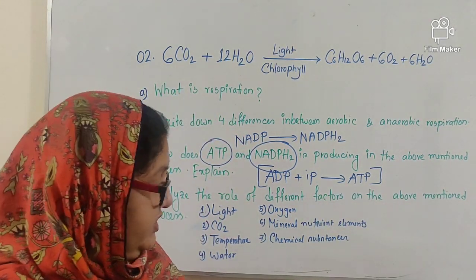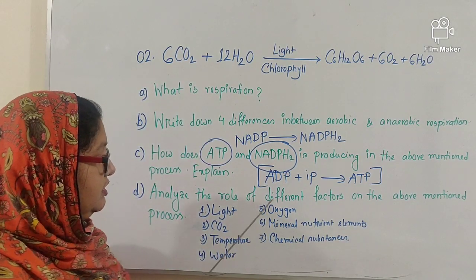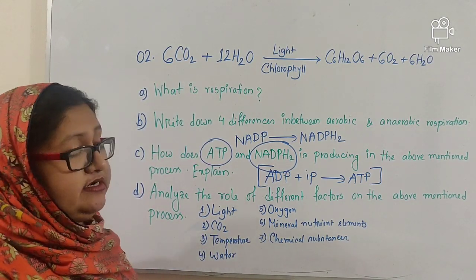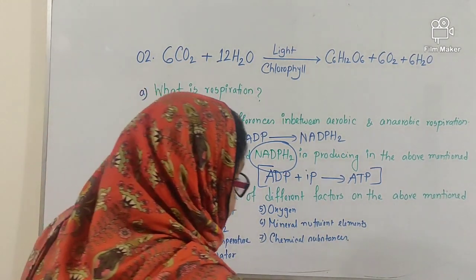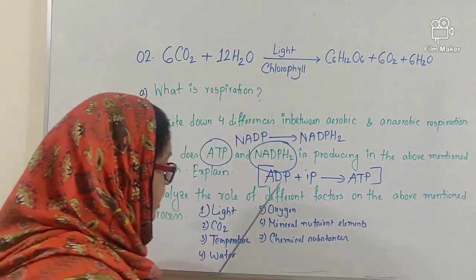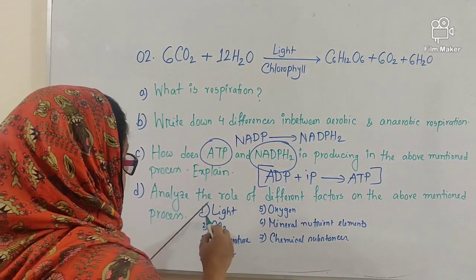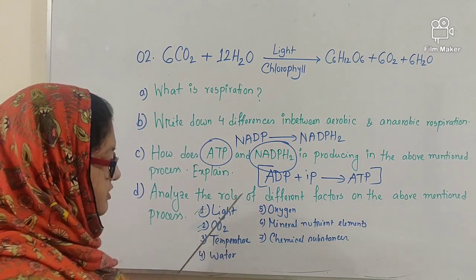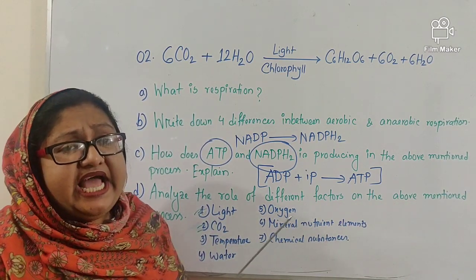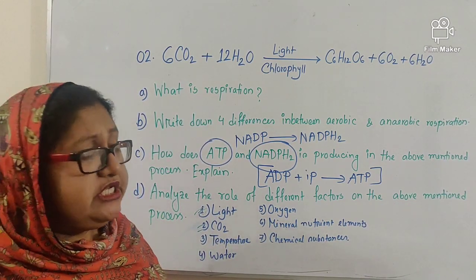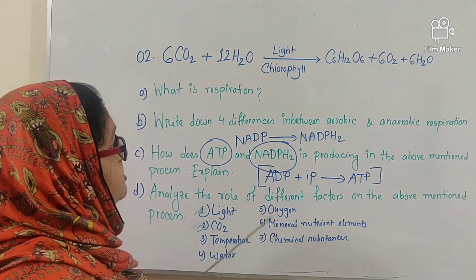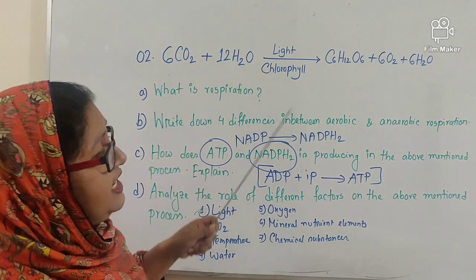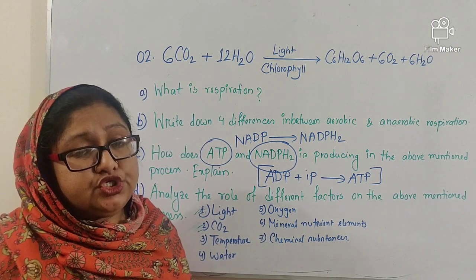So, my dear students, these are external factors of photosynthesis. Now, I would like to explain these factors. First of all, light. Light plays a very important role during photosynthesis because in presence of sunlight, the stomata remain